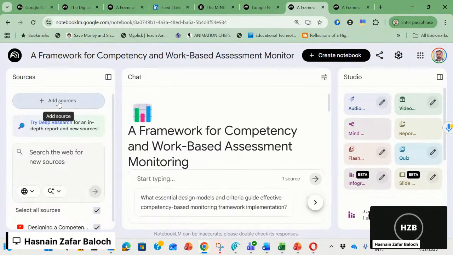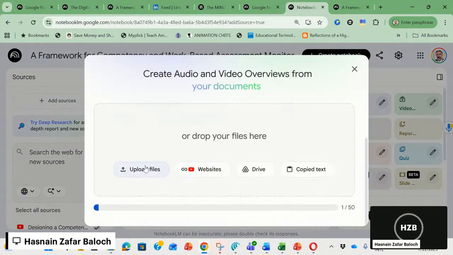When you click add sources, the cool thing is Notebook LM does allow you to upload files. If I'm not mistaken, 50 files you can upload, but there's some limitation, 50 MB of file size. Then you can upload a link or share link or YouTube videos or even Google Drive content or just plain text. So it's good to give Notebook LM these sources so it can refine the output based on